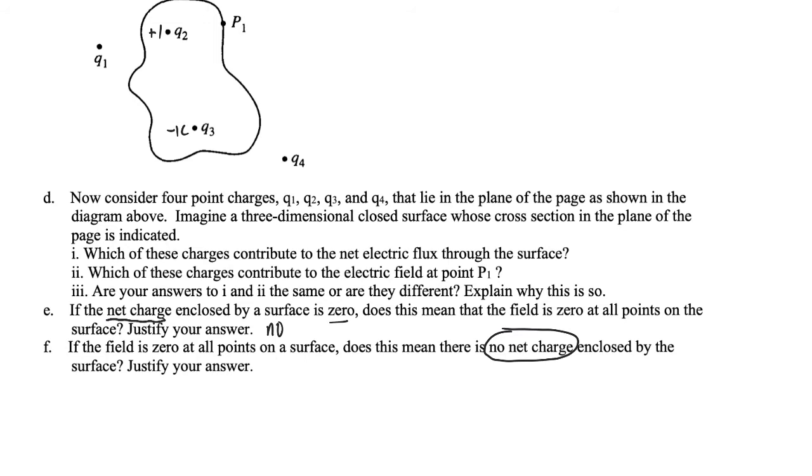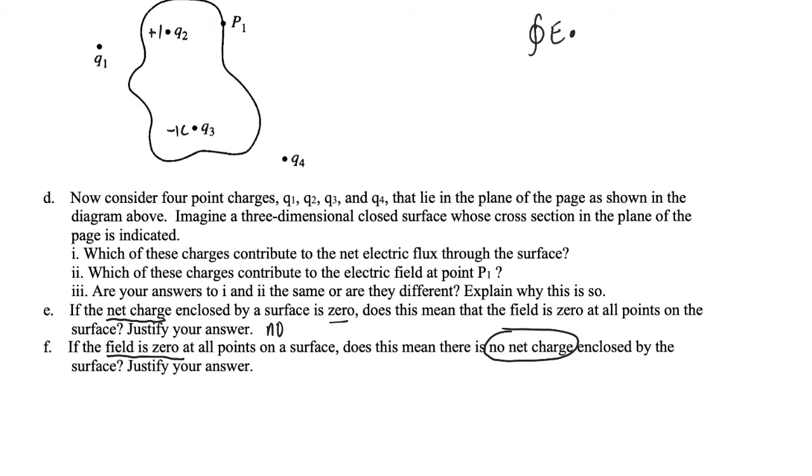But this one's weird. It doesn't say flux. It says if the field is 0 at all points on the surface. Now, I don't think that'd be possible with the arrangement of charges that I have here. Is it possible that you could have an arrangement of charges where the field is actually 0 all around there? Yeah, I think you could. Does that mean that there's no net charge enclosed by the surface? Yeah, it would have to mean that. For the field to be 0,